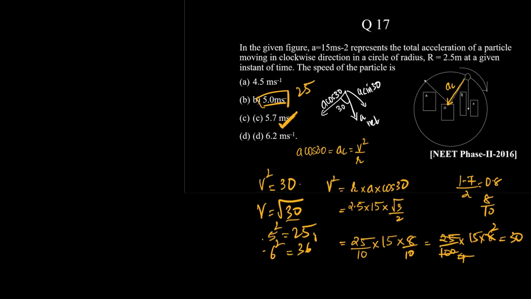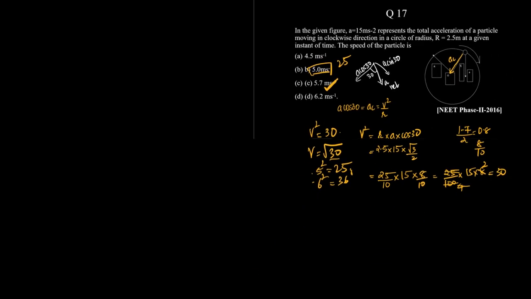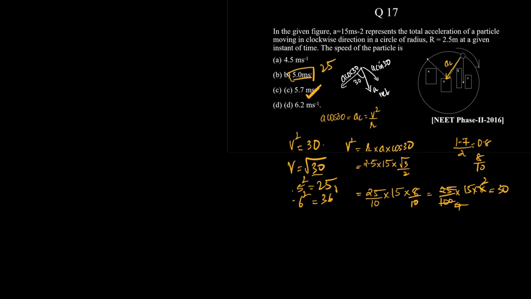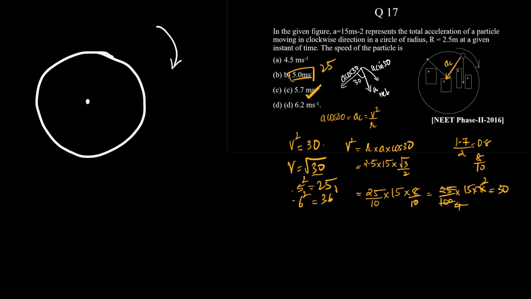But then we have discussed this question, I think, 2 to 3 times. Yet let us have a brief outlook again. So this is a particle executing circular motion in the clockwise direction. This is the velocity vector, right? This is the centripetal acceleration, and this also is the tangential acceleration, and we know that the resultant vector